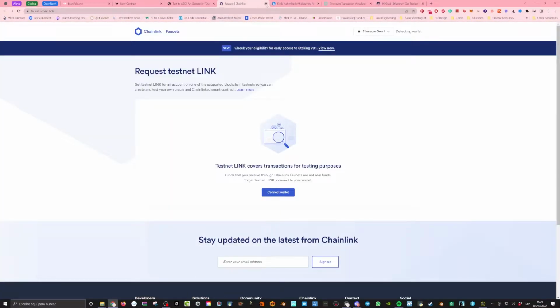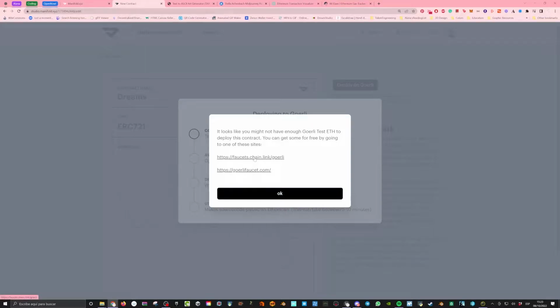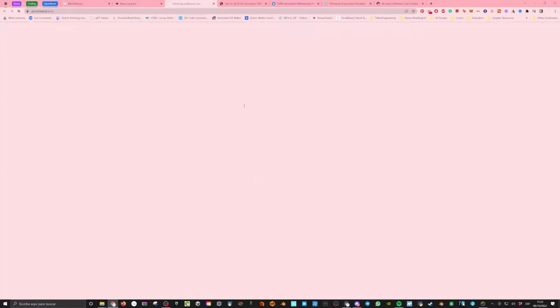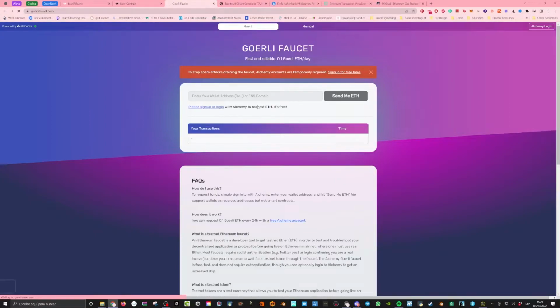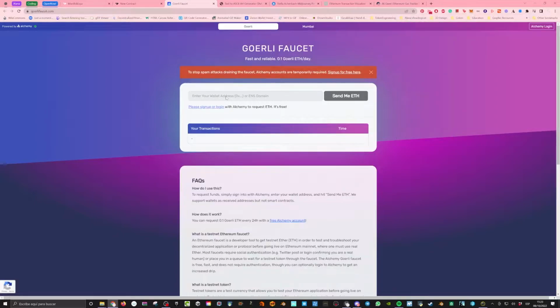Oop, that. Request testnet. Is a link testnet site? Sorry. Oh yeah, it's a link to Girly faucet. Let's just go with Girly directly, if there is an option. Okay, so I think the only thing we really need is putting in our ENS domain or our wallet address. For the sake of thinking that probably not all of you have an ENS domain, I would just go in my MetaMask, click the little copy sign, and